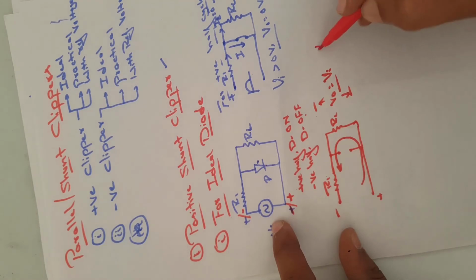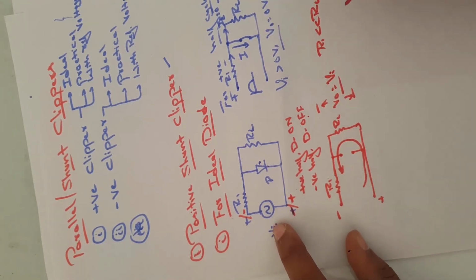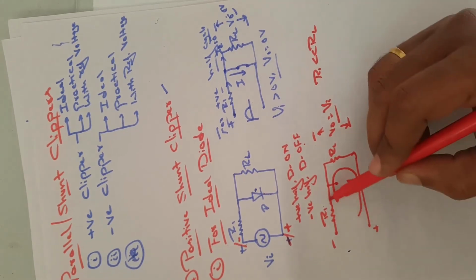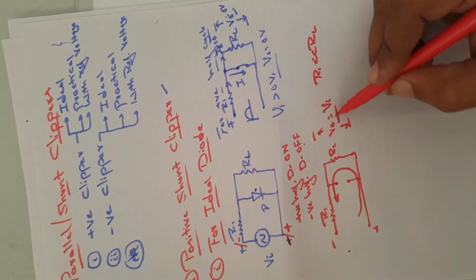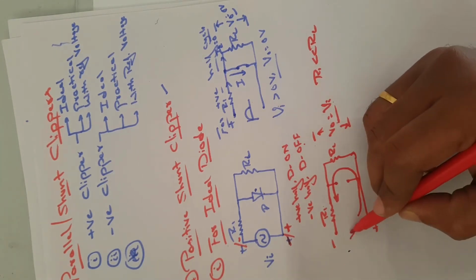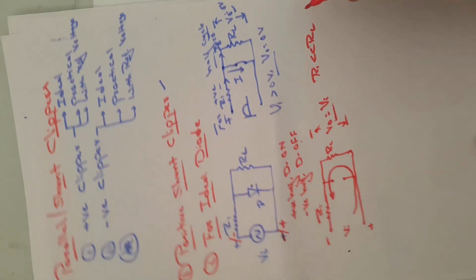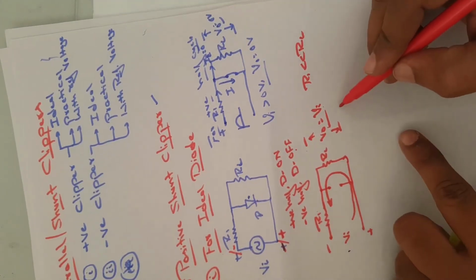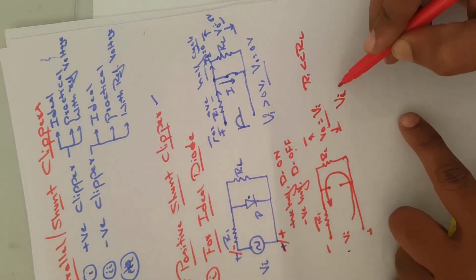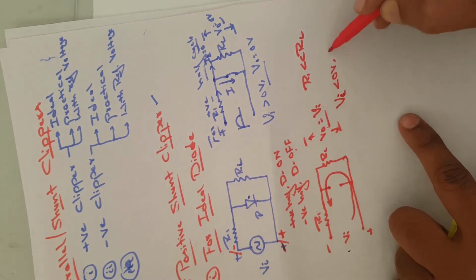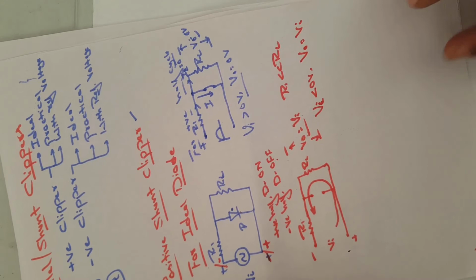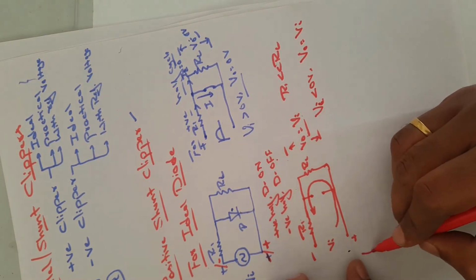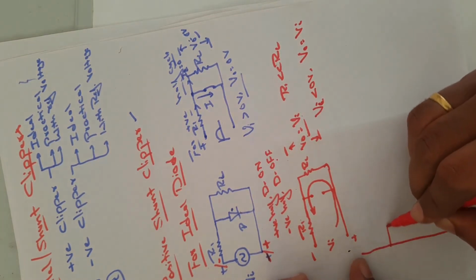Since the value of R1 is very small compared to RL, the voltage drop across R1 is negligible, almost zero, therefore V0 is simply equal to your input voltage Vi during the negative half cycle. It means from this analysis, whenever the input voltage is less than 0 volts, V0 is equal to Vi. Clear? Let me represent that through a waveform.